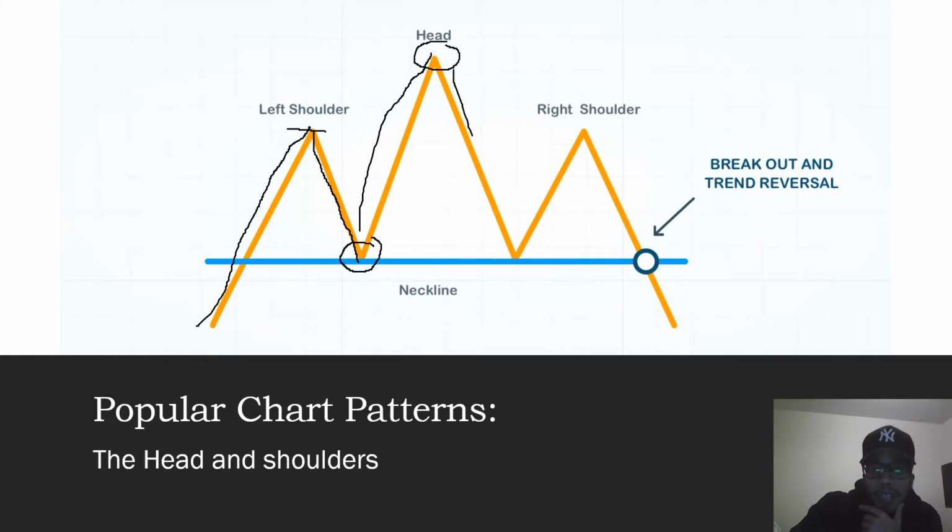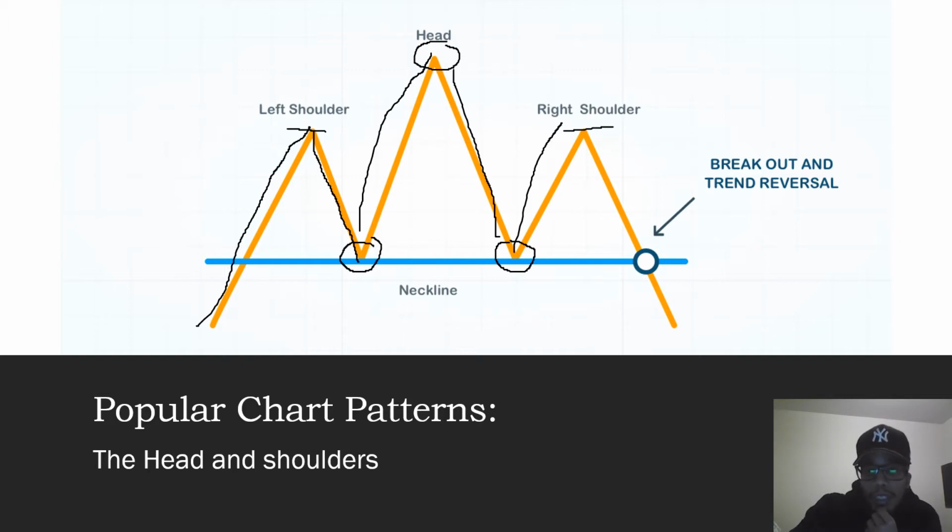Then it has a move downward, creating what ideally we would want as an equivalent move to the last low, not a lower low or a higher low. Then a move up, creating a lower high